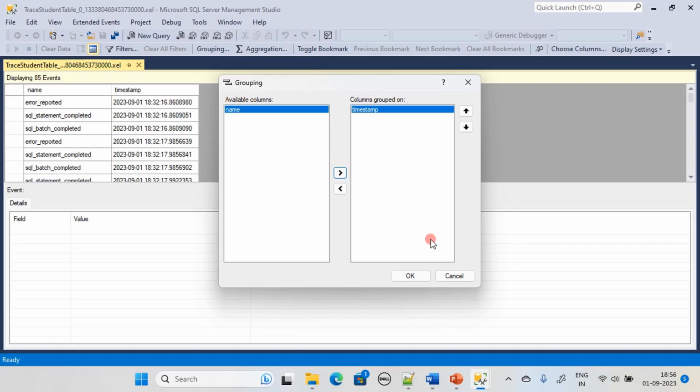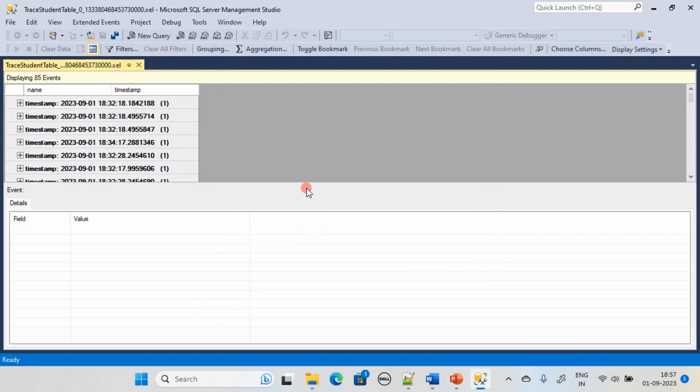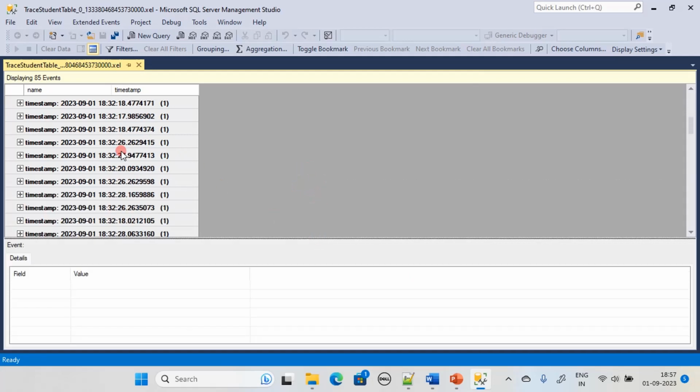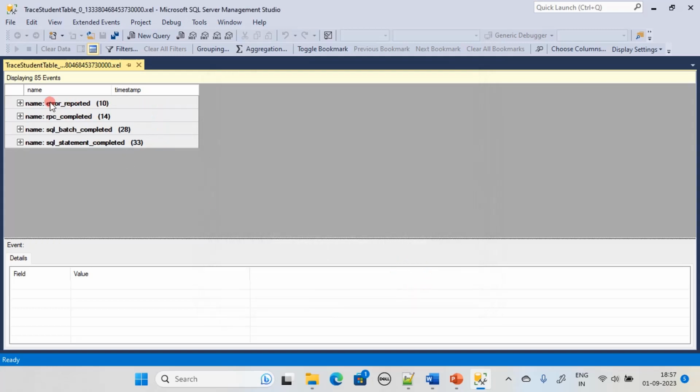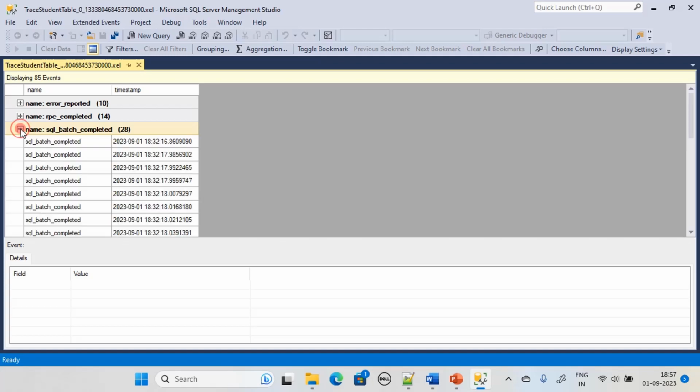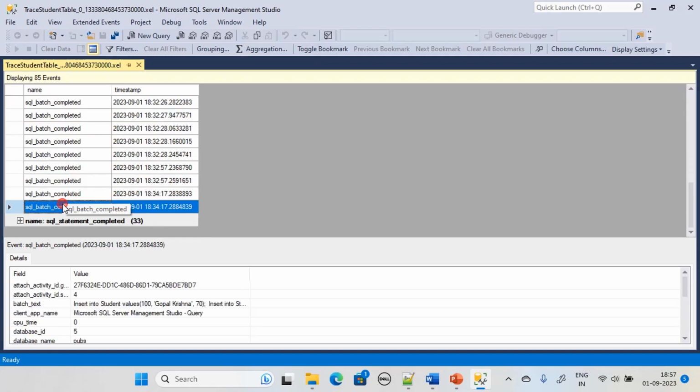Let me go ahead with the group based on the timestamp, and when I click OK, it will show the group with different timestamps. Let me go ahead with the name based group. This will be more useful. And here if you see, now the events are grouped based on the event name. So now if I am interested only in batch completed, I can expand and examine all batch completed